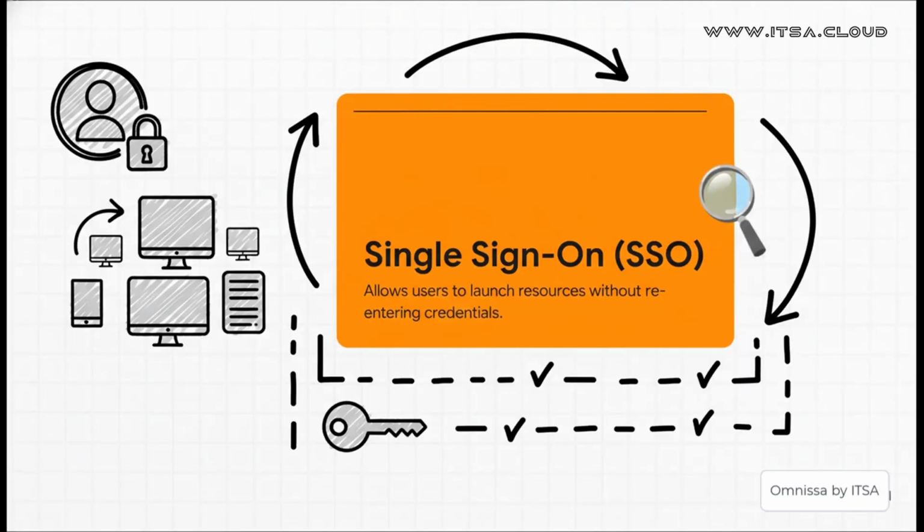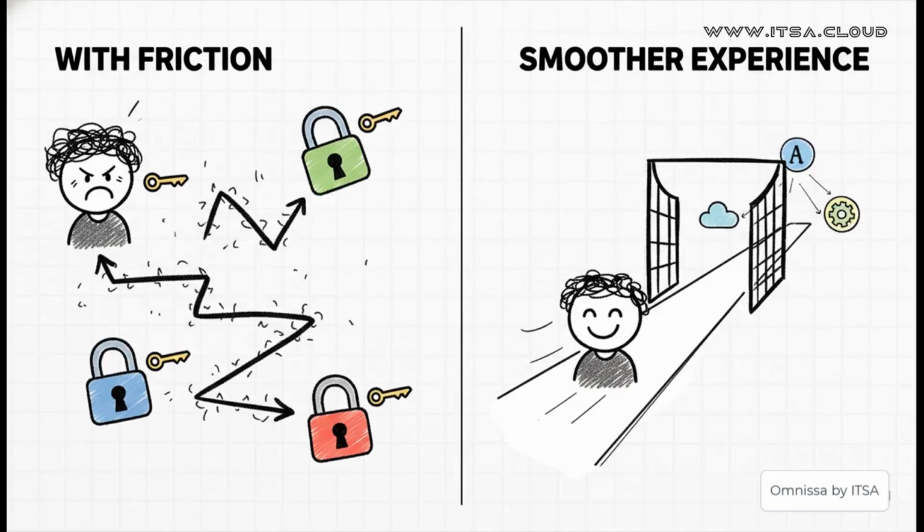And that brings us to our 4th pillar, the client experience, and a feature we all know and love, Single Sign-On, or SSO. This is the magic that lets your users authenticate just one time and then launch all their desktops and applications without getting bugged for their password over and over and over again. And the benefit here is just incredibly straightforward. Enabling and tweaking SSO means way less friction for your users. A faster, smoother login experience leads to happier, more productive people, and, let's be honest, probably a few less help desk tickets for you. A real win-win.